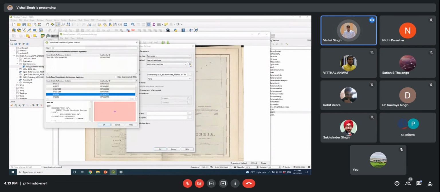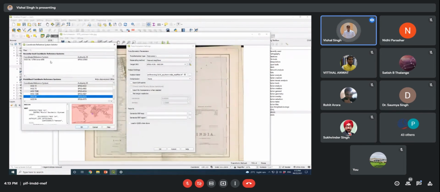Now you can see here, if you click the coordinate reference system selector, you need to select the geographic coordinate system. This is EPSG 4326, for the geographic WGS84 system. So we will select it here, EPSG 4326.